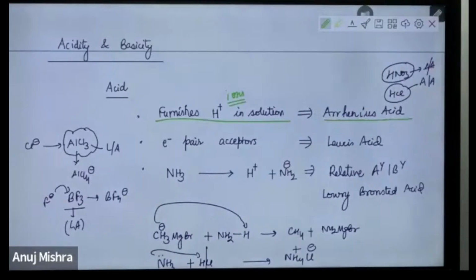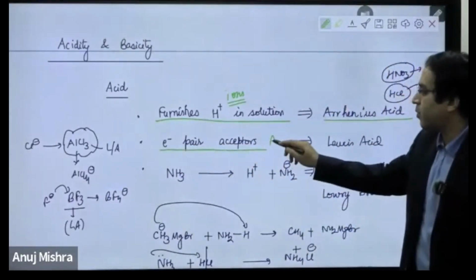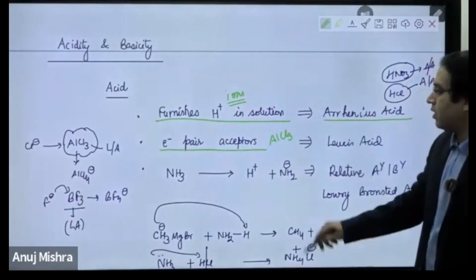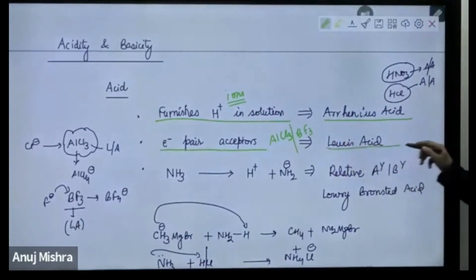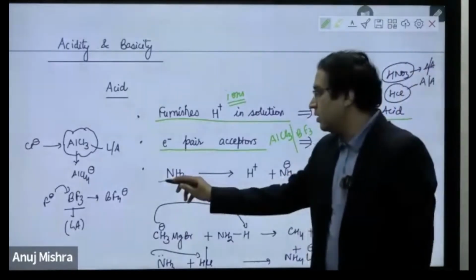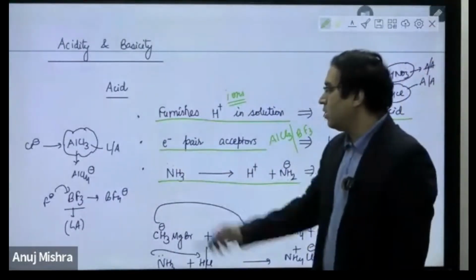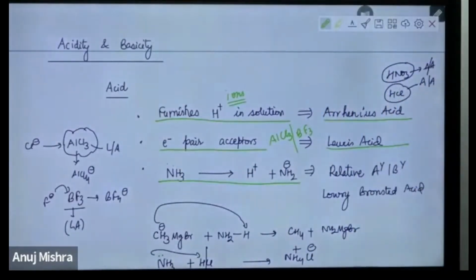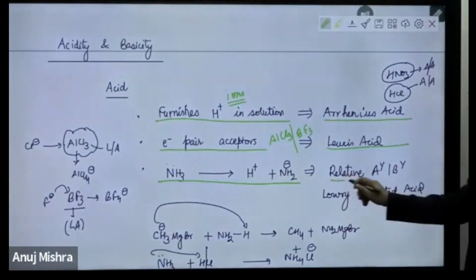Now there are other types of acid which are electron pair acceptors, like you said just now, AlCl3 or BF3. These are called Lewis acids. Then there can be another case, ammonia, let's say becoming H plus and NH2 minus. Now ammonia is normally a base, but if it is giving you H plus and NH2 minus, it's basically